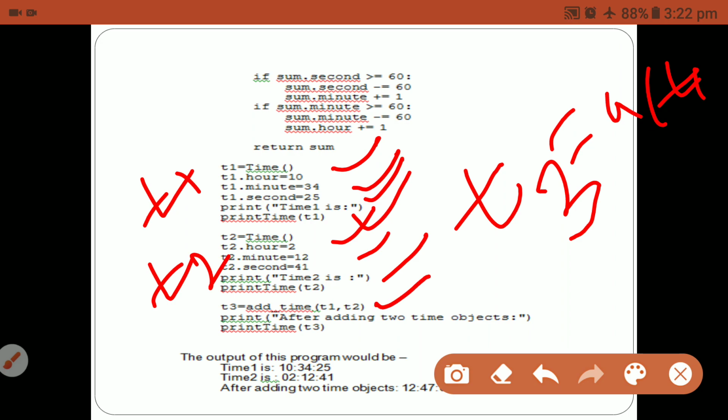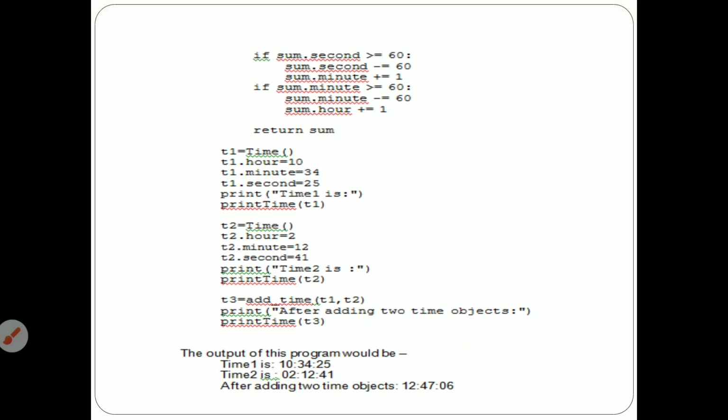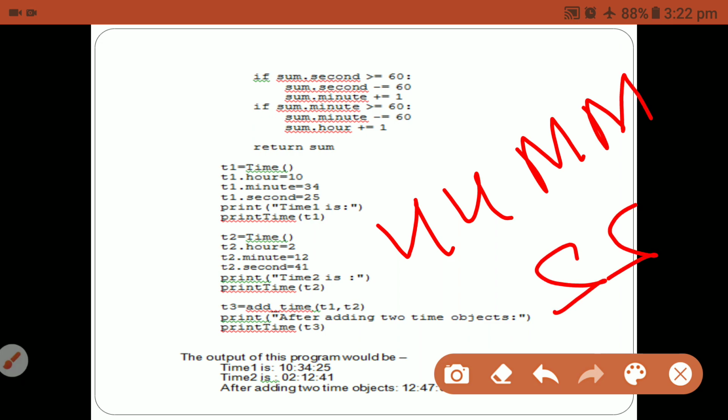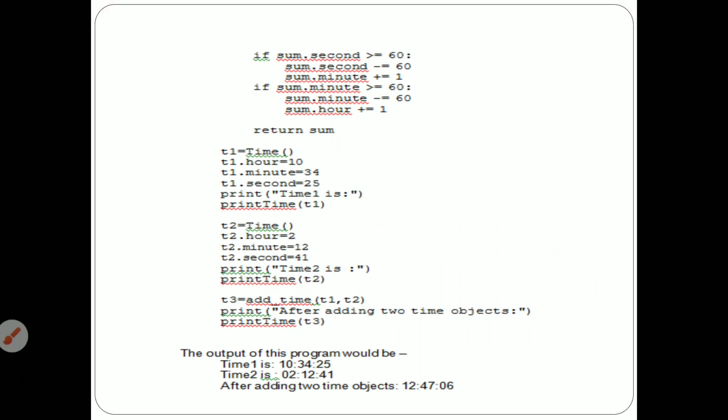After adding the t1 and t2 objects, you print t3. So we get the proper result. The first is 10, 34, 25, in the form HH, MM, SS, and the second is 2, 12, 41. After adding, you get 12, 47 and 6.